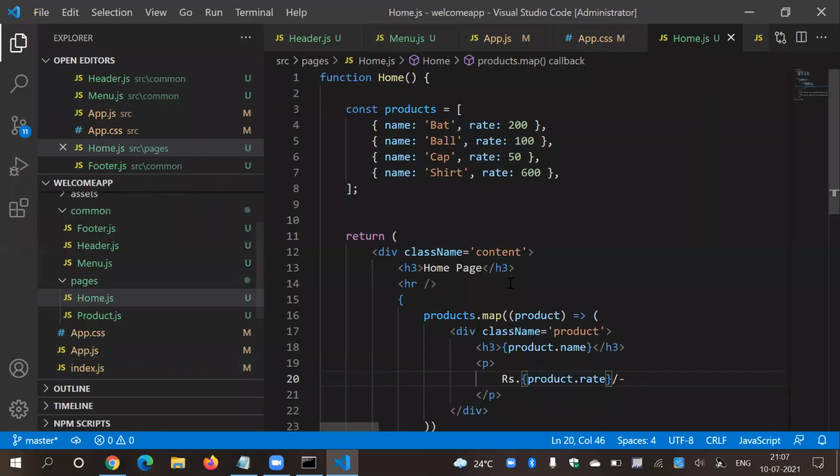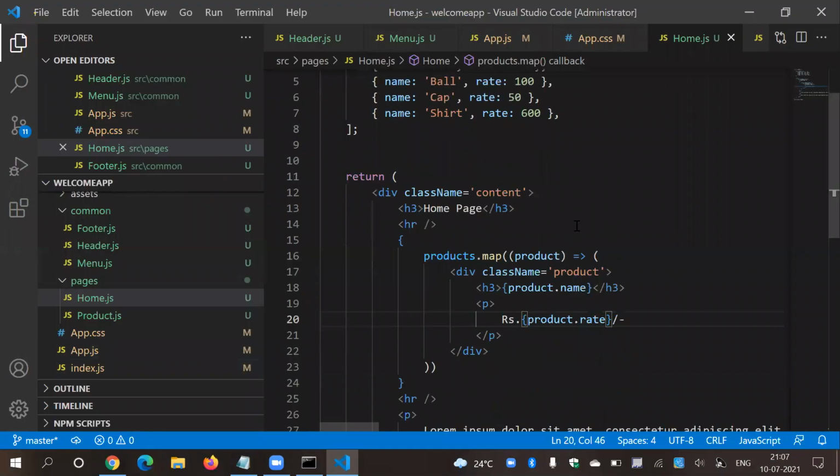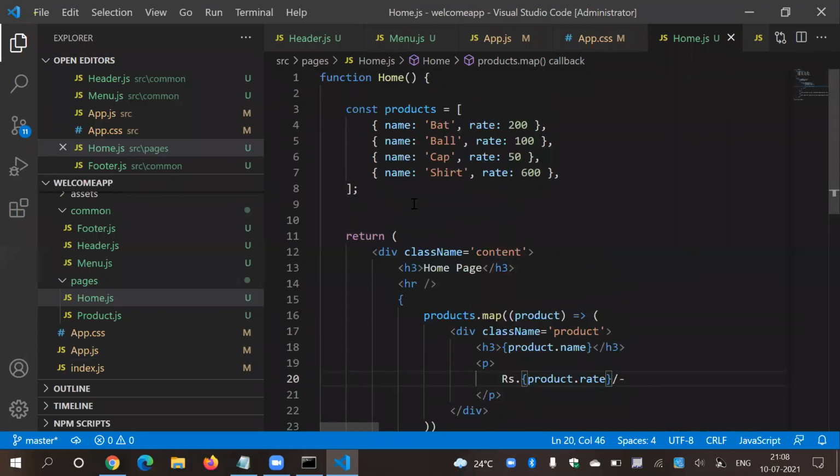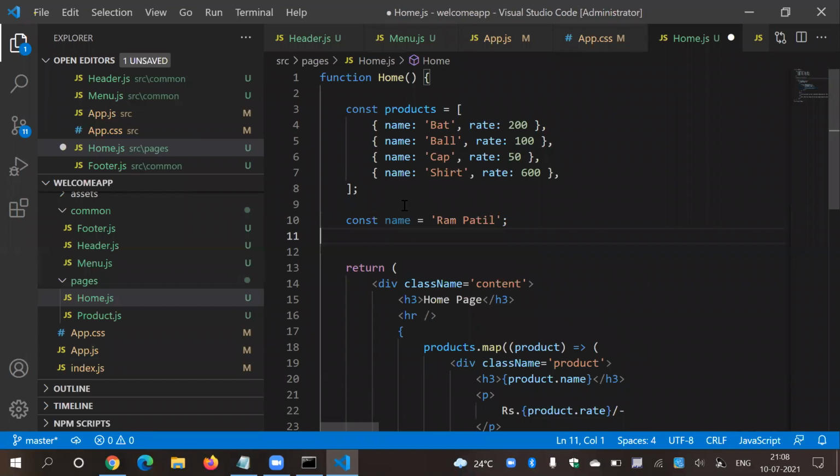So yeah, in this way you can, or for example, let's say how much time do we have, 3 minutes. Awesome. So let's say I have one constant, let's say name, and here I can use, let's say Ram Patil. This is the name. I want to process it as JSX. What I can do, let's say constant content, and here I simply start my HTML tag.